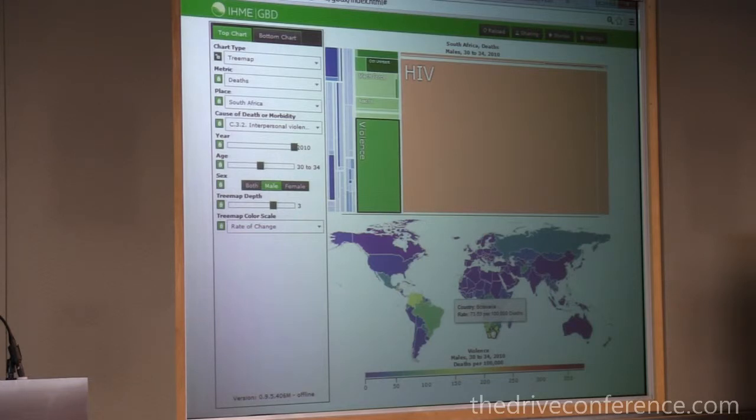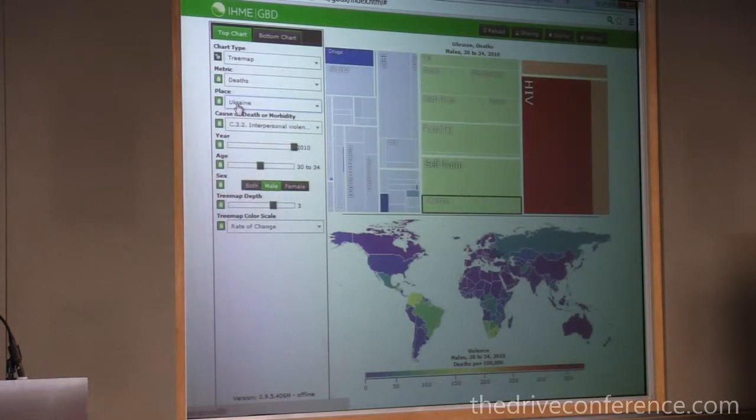Pardon? Do you have Ukraine as a separate country? Of course we have Ukraine as a separate country. It looks like it's covered by Soviet Union or something, which is not there. No, we have the current countries, the 2010 countries. So we didn't split up Sudan, so we don't have South and Sudan split up, but yes, we have the former Soviet. It's probably the same color as Russia, that's why I don't see it.